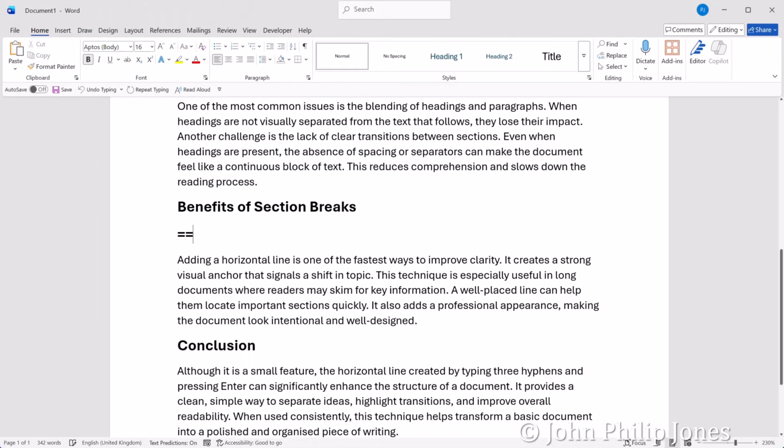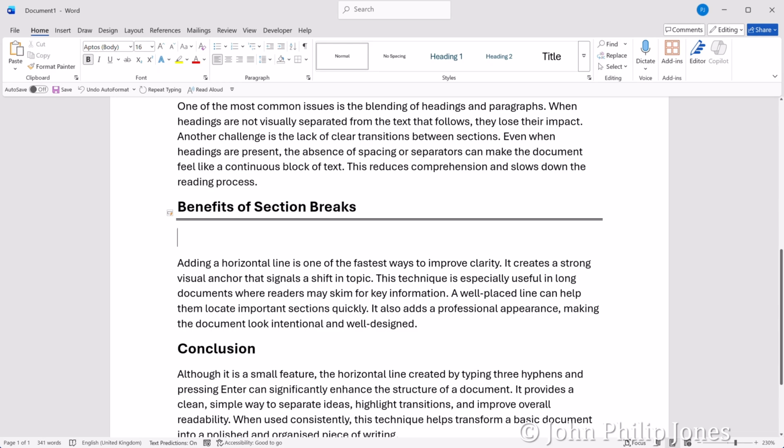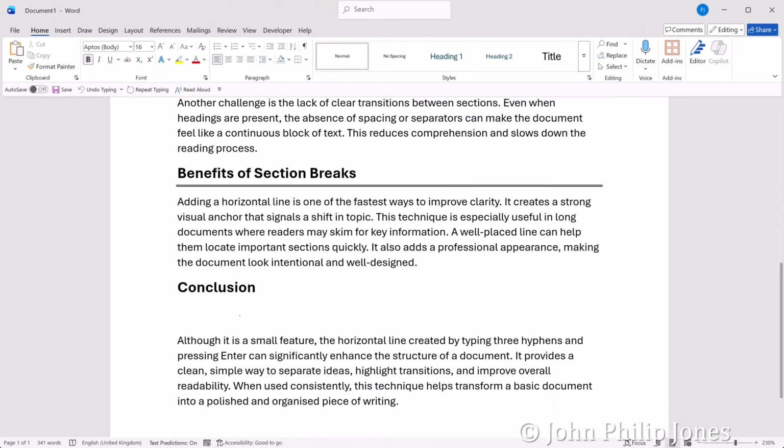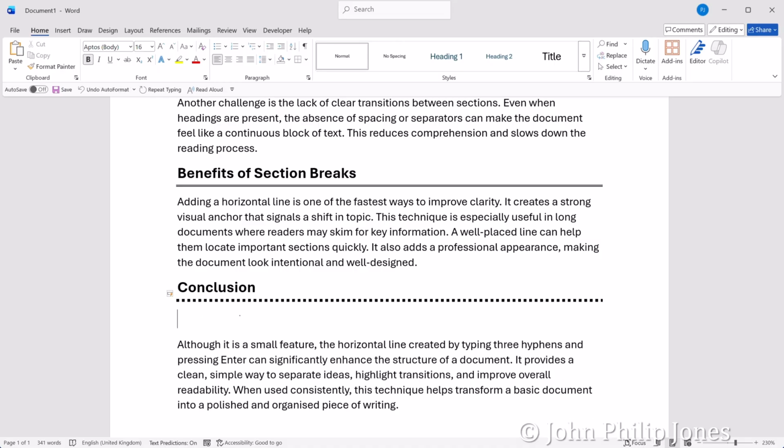Pressing the equal sign 3 times and then pressing enter will give us a horizontal double line. If we want a horizontal dotted line, then you enter 3 asterisks and press enter, and you can see you